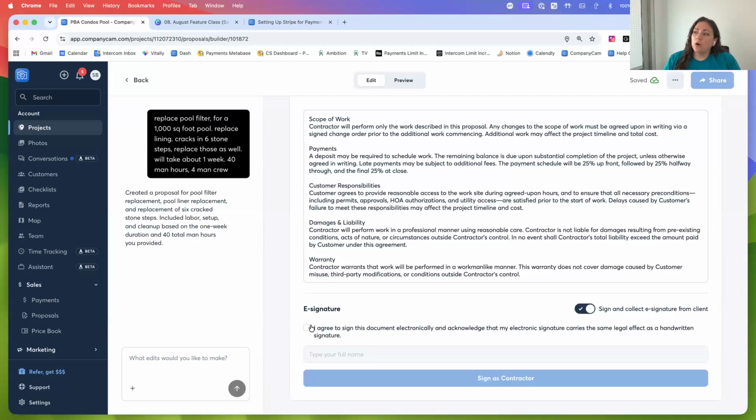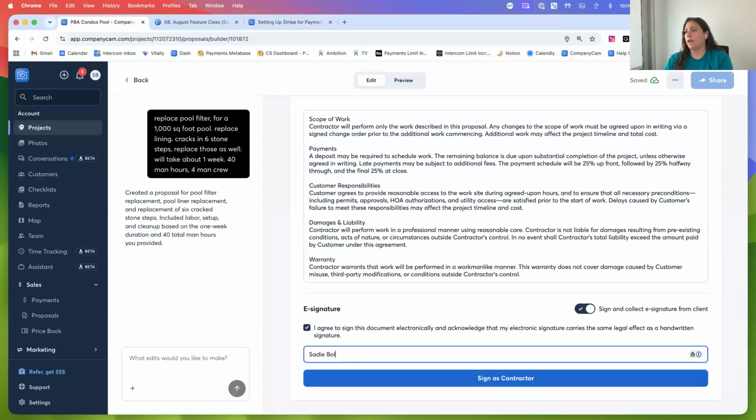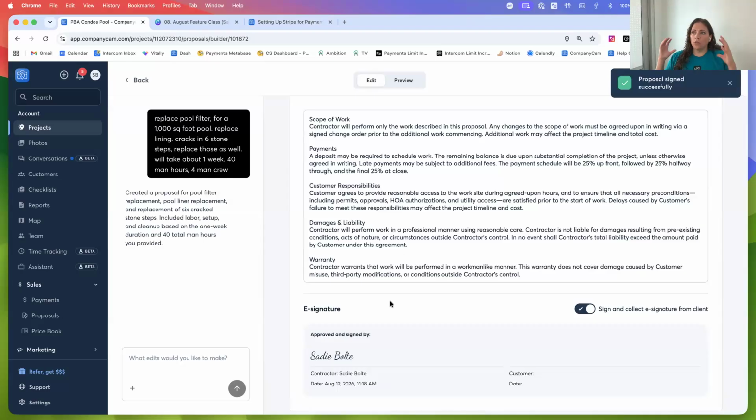Okay. So before we can send this off to the customer to sign, we need to sign as the contractor. So I will go ahead and sign as the contractor. Cool. So now we've filled the proposal. It's basically completed. But what's really nice is that right now we're in edit mode. You can see up here at the top, we're in edit mode. You can preview it before you send it to the customer to make sure that everything looks good before you